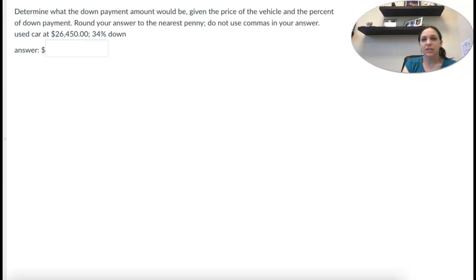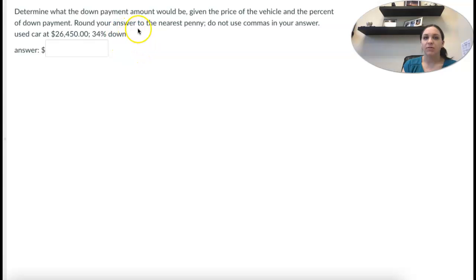Alright, section 2, we're still talking about buying a car, but now we're going to talk about the down payment. So that's the money that you have, the cash you have when you go buy your car. Is there any money that you can already put towards the payment of the car when you go buy it? So this question: determine what the down payment amount would be given the price of the vehicle and the percent